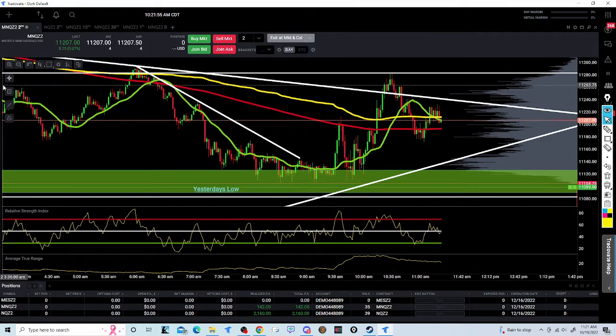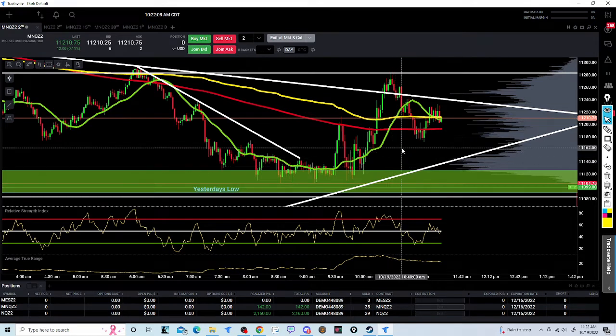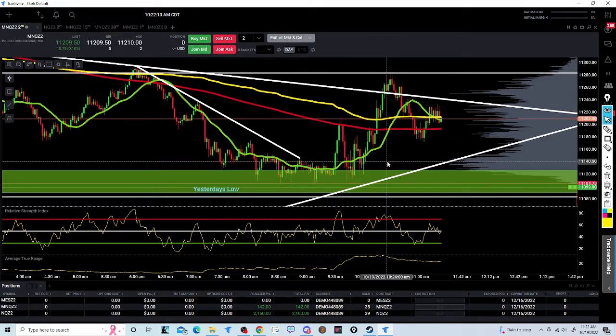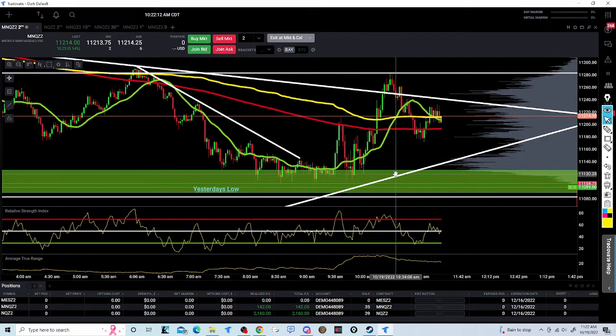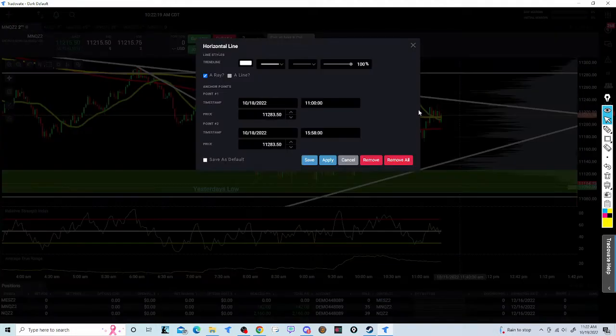Today we are going to start to cover how to identify and how to trade a range. So let's jump right into how you would start a range. The way to start a trading range